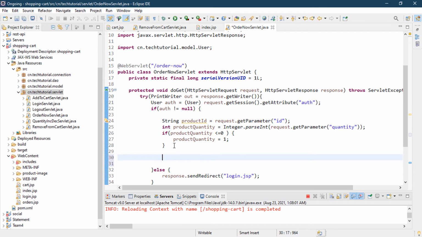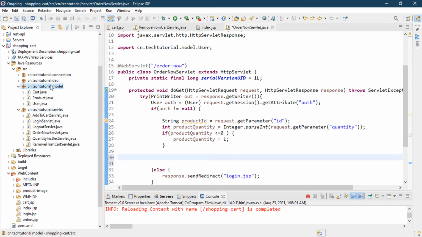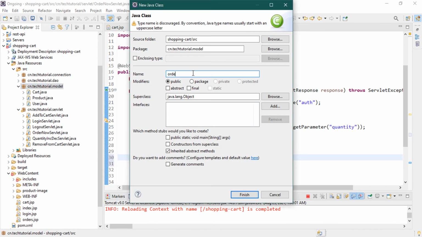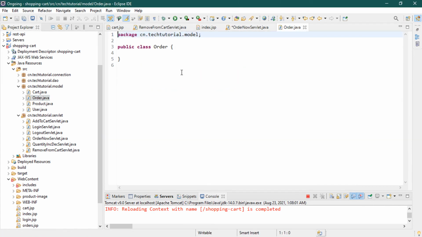The next part is to create an order model. So let's go back to our model repository, I mean package, and create a class Order model, or just say Order, then click on finish. It's a simple Java class, and this class extends the Product class. This is our product model, because I'm going to use some properties from that product.